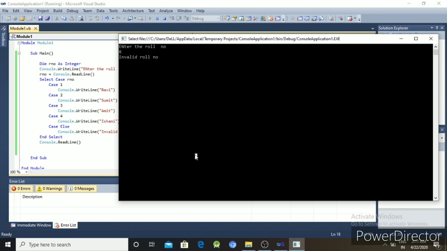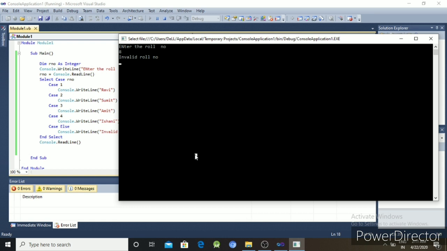So this expression must be compared with the case values. You see my previous video, the previous video is ladder if else.